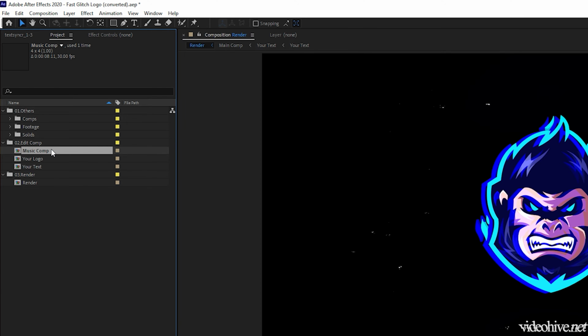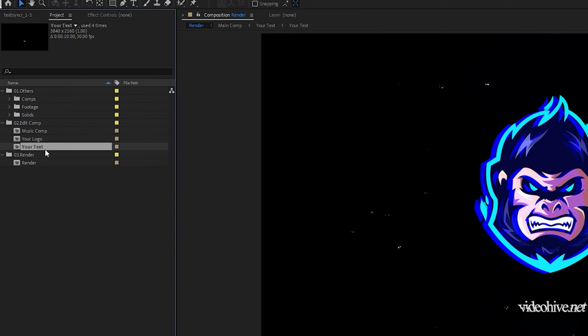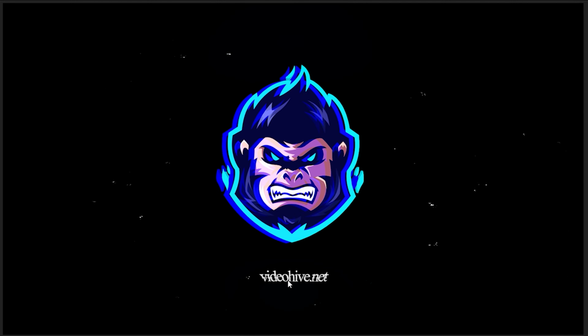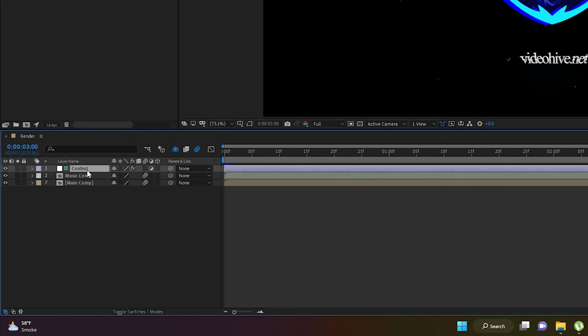For changing the music, you can go inside the music. For changing the logo, you can go inside directly by double clicking on this. You don't need to go inside these compositions, and you will see a very complex structure in that. And if you want to change the text, for example this is a text which is videohive.net, you can go inside that composition. And also you will see the control layer attached to all the compositions associated with the logo